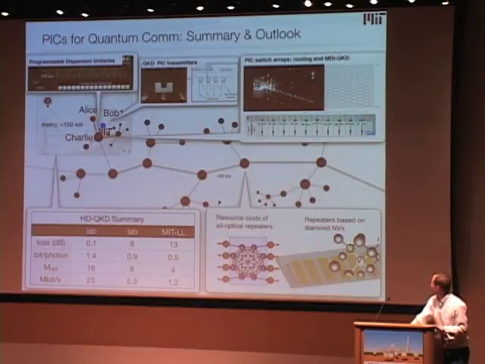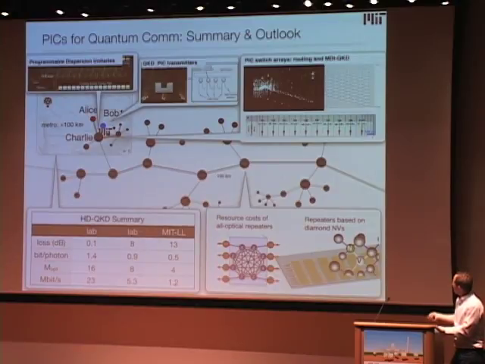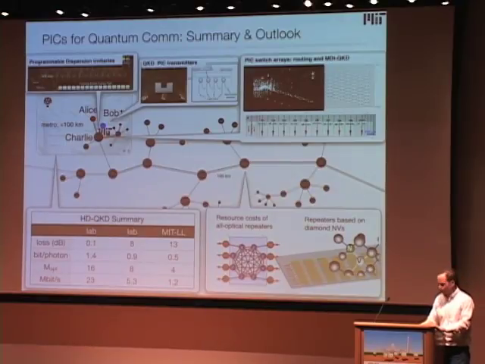And on the repeater side, I think it's still not totally clear what the best way forward is. Repeaters are still an extremely challenging thing. Maybe with the right optical devices, you may be able to produce large enough optical cluster states, in which case you can just do all your repeaters at the same wavelength as your channel. And then there's also some work to be done on interfacing in an efficient way with many quantum memories on chips. And I think this is another area where these photonic integrated circuits can play a big role.